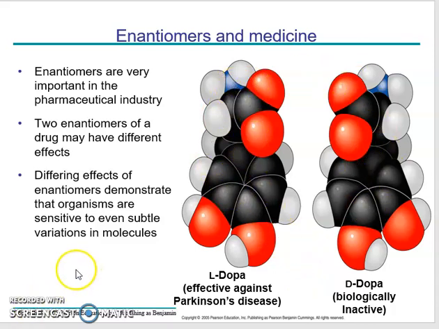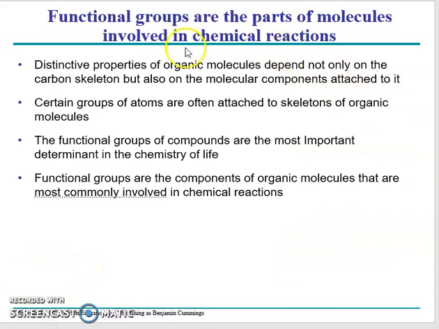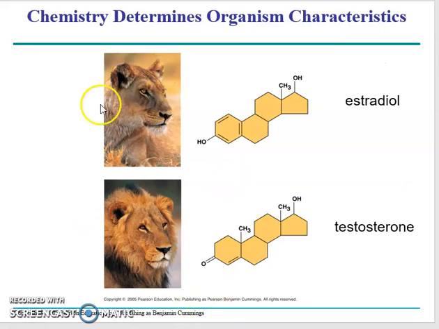You can see how complicated this can get, right? So those shapes, those functional groups, are the ones that are involved in chemical reactions. Again, if the formula changes or the molecule's in a different shape, those functional groups are not going to be the same thing. And I think it's probably best explained in this last slide here. Okay, a lioness versus a male lion, right? What's the difference? What leads to the lioness's body type? Smaller body, generally, no mane, right?